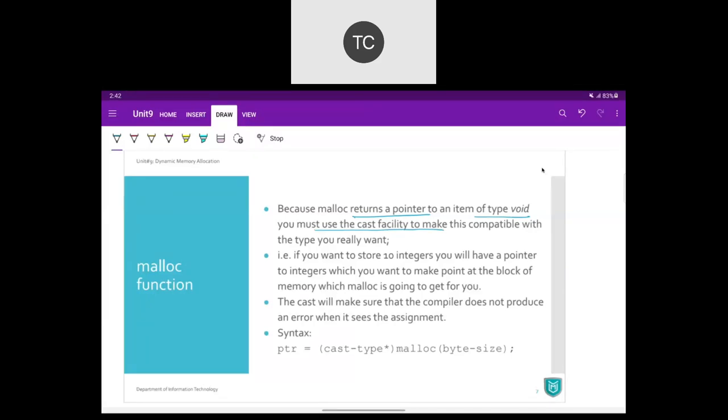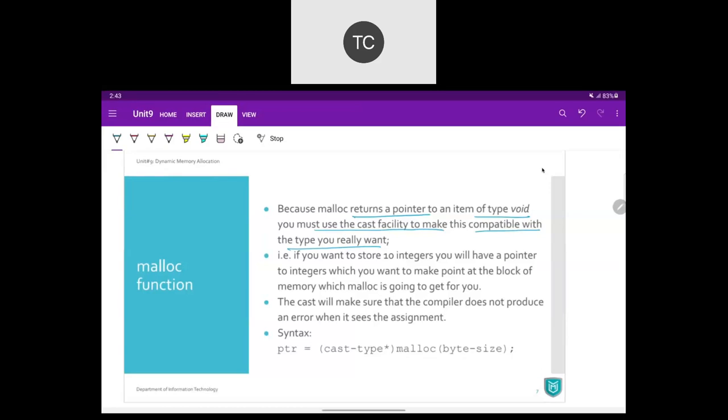If you want to store an integer value, then you have to cast this address to integer star, integer pointer. If you want to store a float value, then you have to cast this address to a float pointer, and so on. It makes that memory block compatible with whatever data you want to store there.